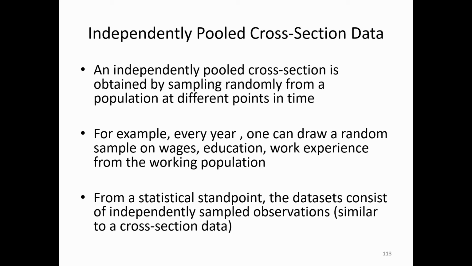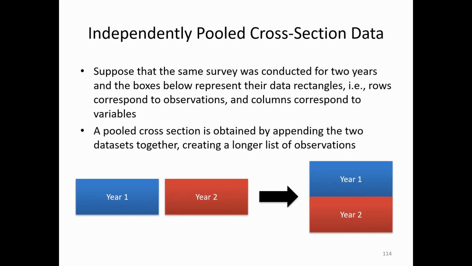The pooled cross-section data consists of independently sampled observations in every period. This means that the observations may change from one survey period to another because of randomized sample selection. Unlike in panel data, where we can observe several cross-section observations through time, pooled cross-section data gets a snapshot of the population across time. Suppose that the same survey was conducted for 2 years, meaning the same questionnaire was used